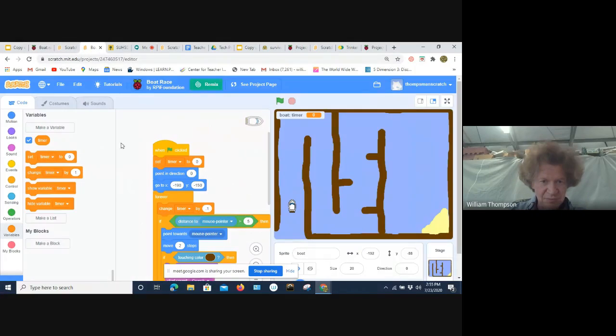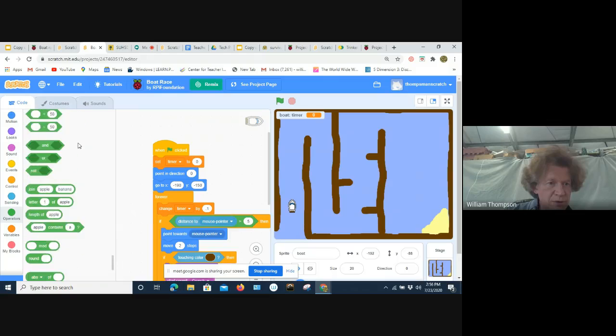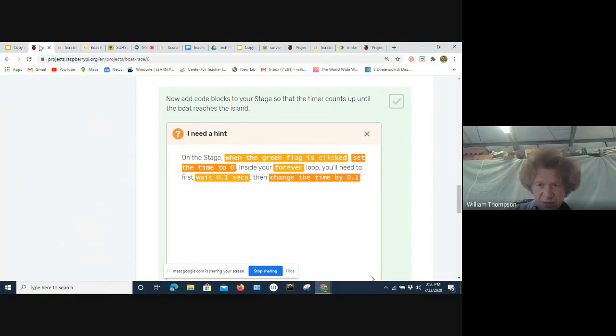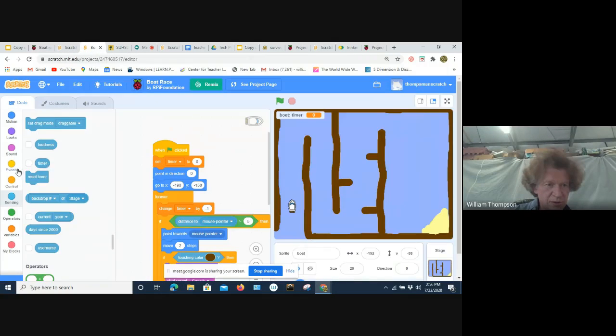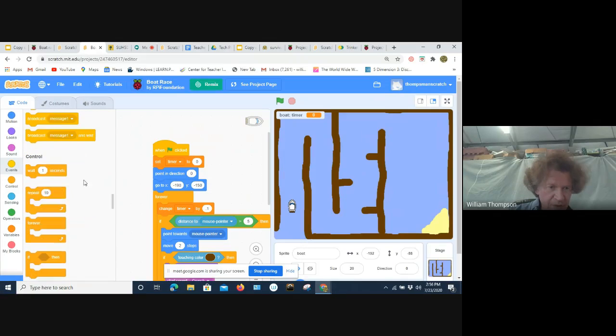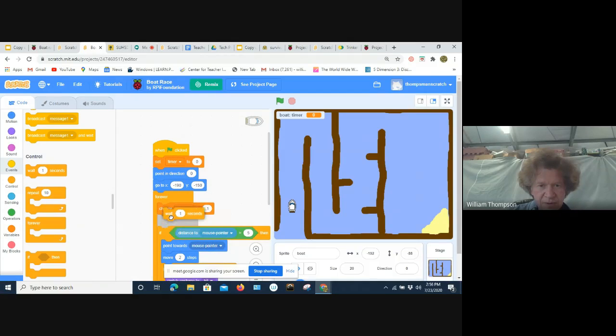I know I was missing a step. So I'm going to wait 0.1 seconds. What color is the wait code? Here, I'll look back. Wait should be light orange. Okay, here's our wait. I'll make it 0.1.